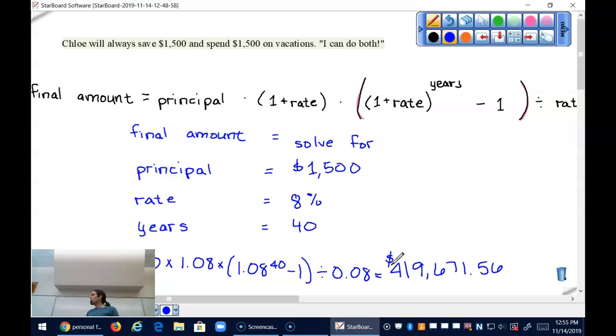So she put in more than her first sister, Clara, but she got to go on vacations even when she was young. So I'm not going to say this is a bad plan. And she got more than the 400,000 that's recommended that people got. So this might be good news too. We got from